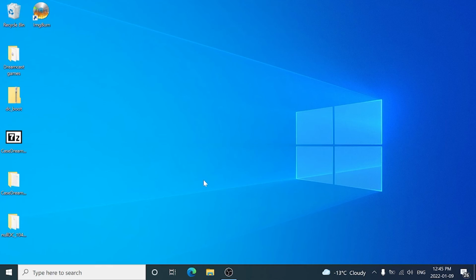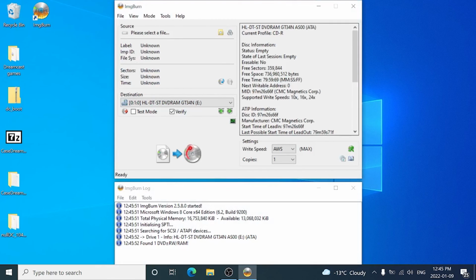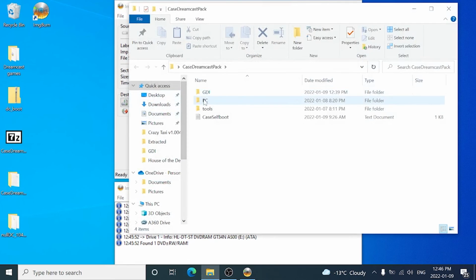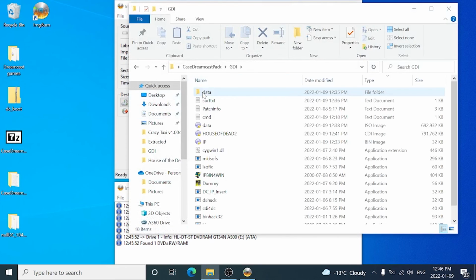this will actually boot. So we're going to pop in a blank CD. You can see that just registered in the computer there, and we're going to open up ImageBurn. Now again, if you had a CDI image file from the very beginning, all you have to do is click write image to disc, and we're going to open up where we created it. So I should go to GDI, and you can see House of the Dead right here,